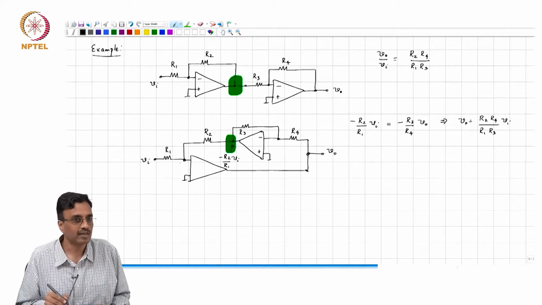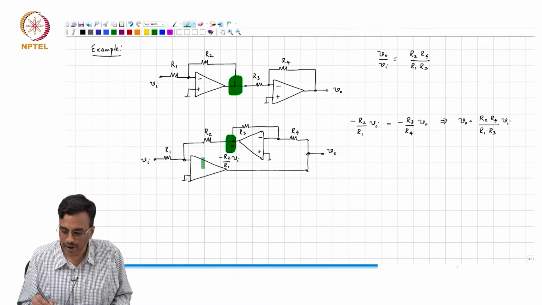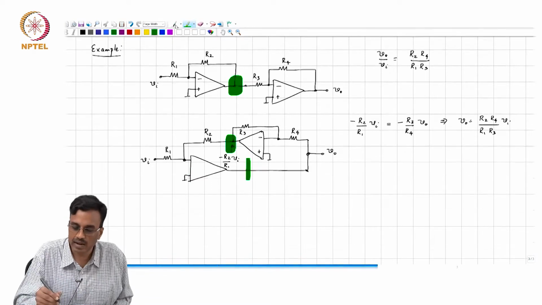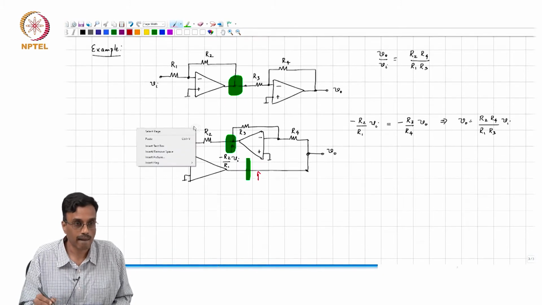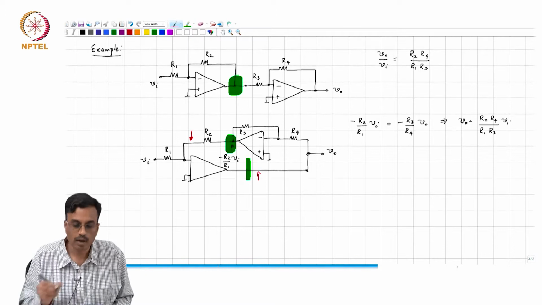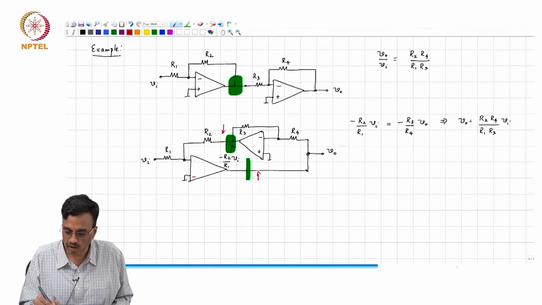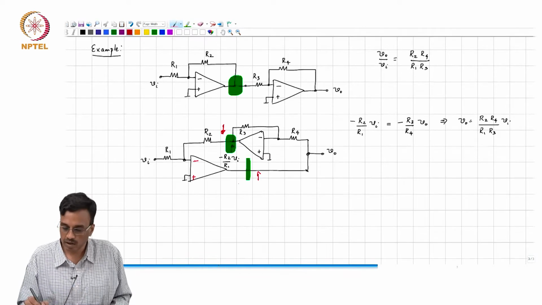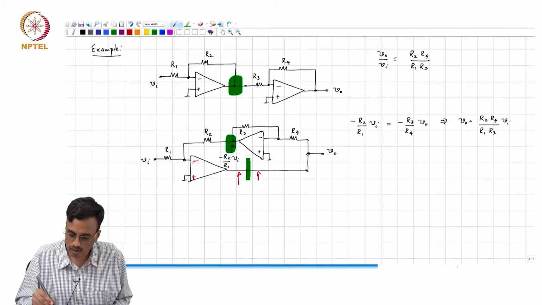Now, what should we do with the signs of this op amp? I mean, this op amp, of course, there is negative feedback around it. There is no issue. If you want negative feedback around this op amp, what should we do? You break the loop, okay, and then let's say you yank this voltage up. What happens to this voltage? This goes down, right? If this goes down, and let's say we assume the original signs like this, what happens? This goes up. So is that negative feedback or positive feedback? Positive feedback. So what should we do? We invert these signs. Okay.